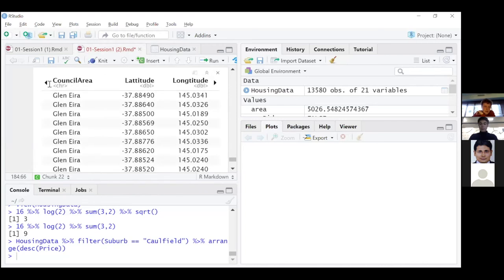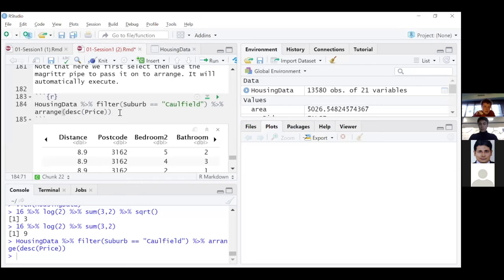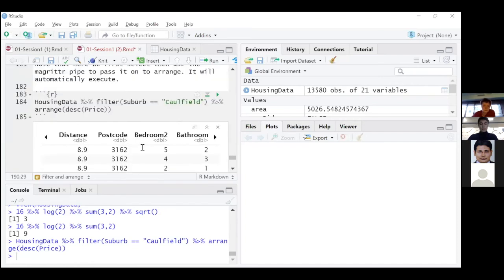To practice doing some data frame manipulation, there's just a couple more things left. So what is that? That's the magrittr pipe character. That essentially means take housing data and put it into the filter function. So code that looks like this